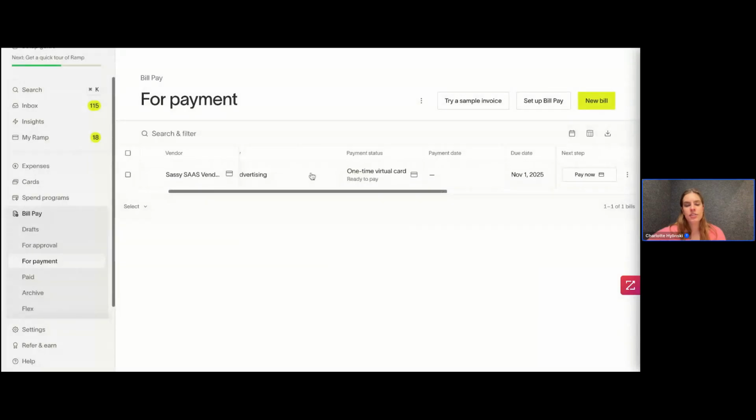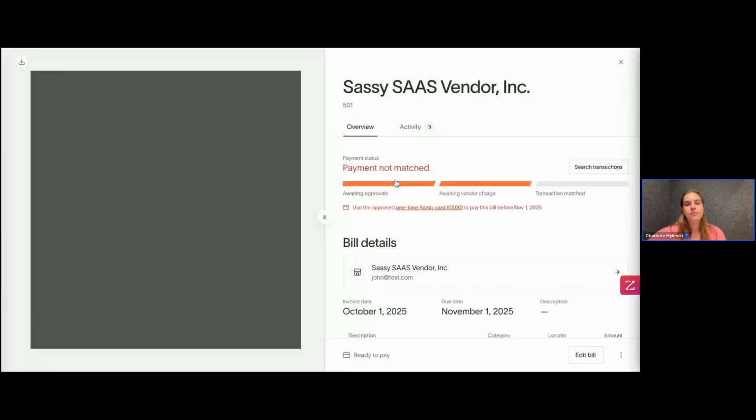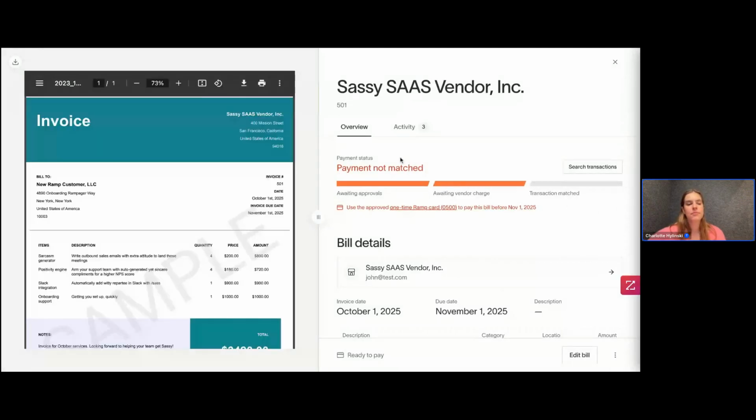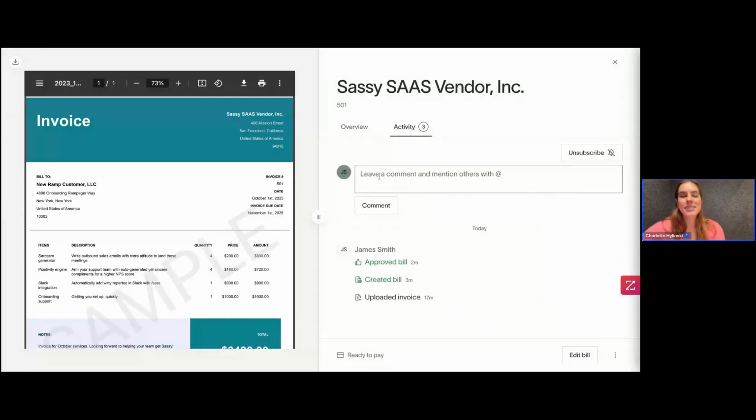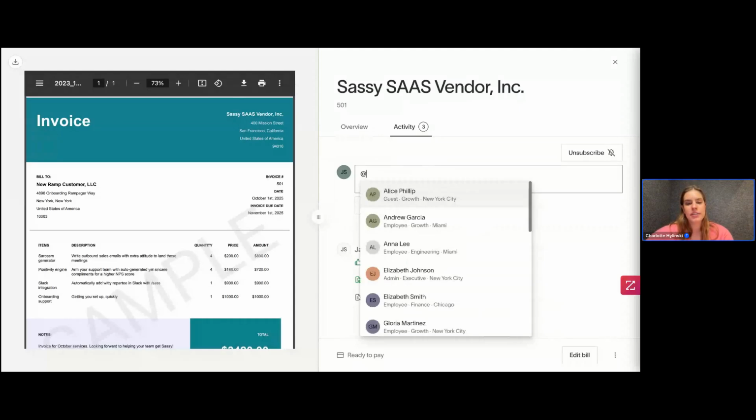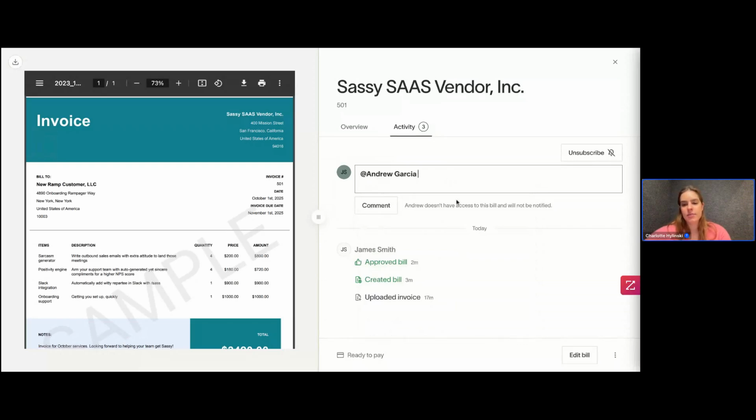And this is also just nice to know that if you click anywhere into the bill, so I did click that card icon, but if you click anywhere into the bill, you'll have all the information pulled up. And while I'm in here, if I click activity, this is a really cool feature. You can leave a comment and mention others. So if I wanted to mention one of my teammates and say, hey, James, well, I'm James, so that doesn't make sense. But for this example, hey, James,